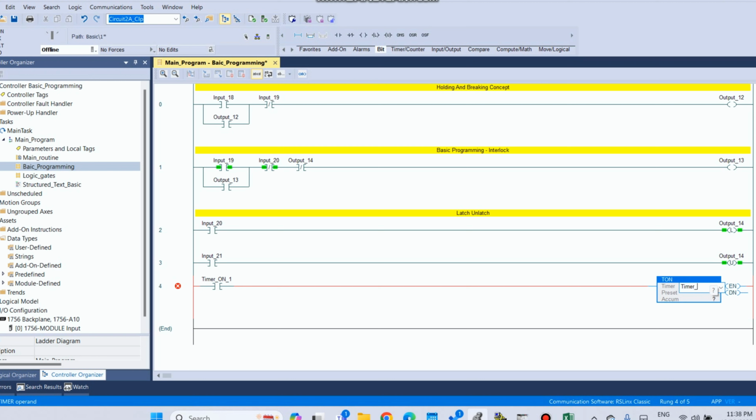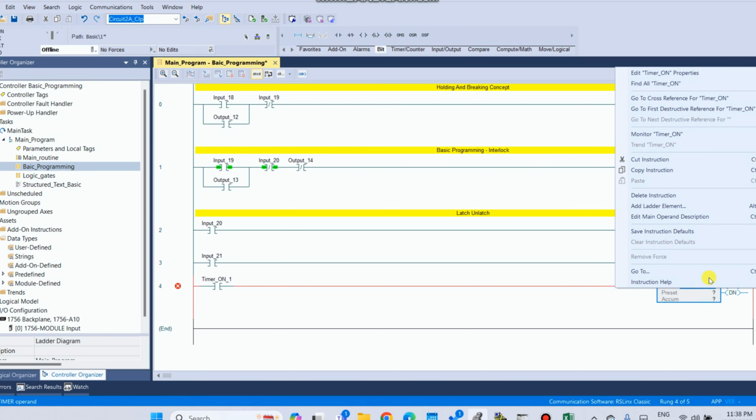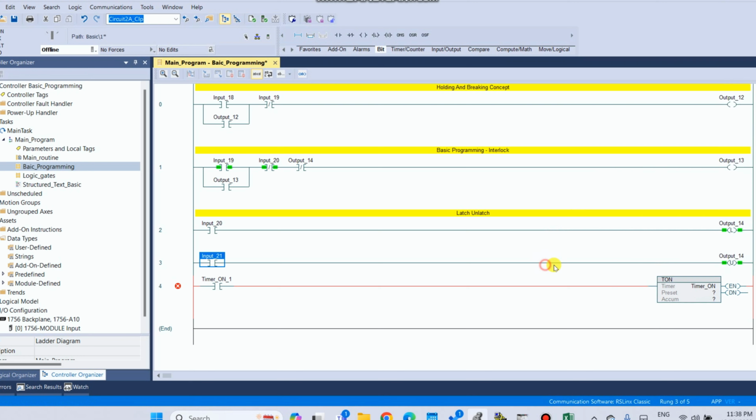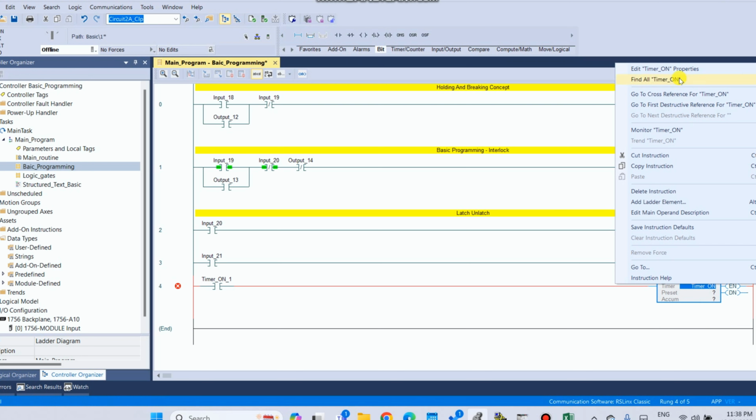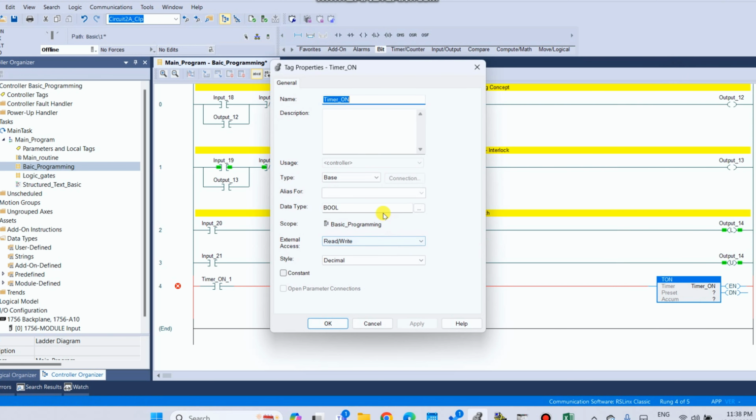Then create a new tag, and here use the controller type, base data type timer, and click Apply.